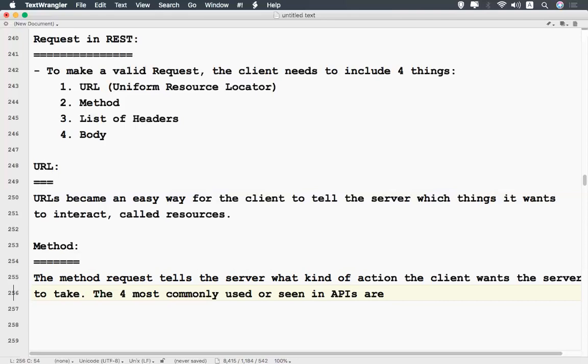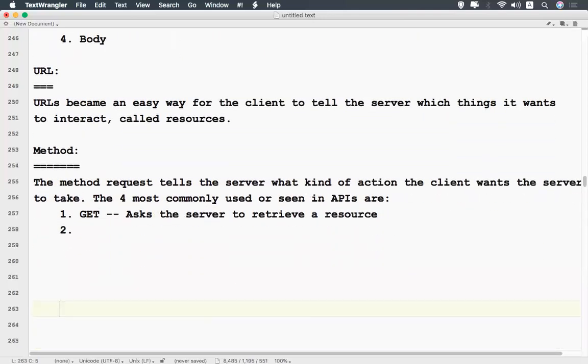The first one is GET. It asks the server to retrieve a resource. We already discussed in a previous video in this series what get will do, what post will do, what put will do, what delete will do. Here I'm just giving brief information.